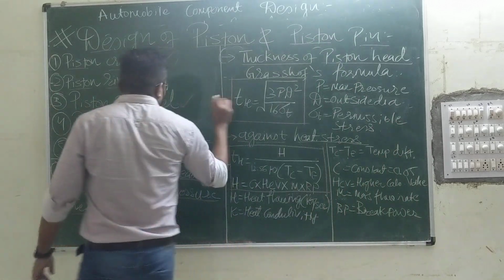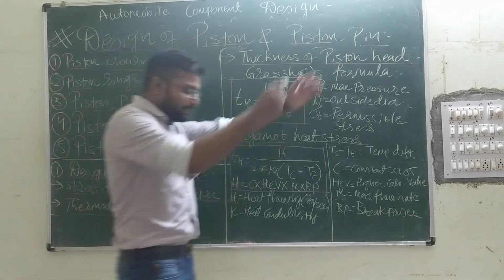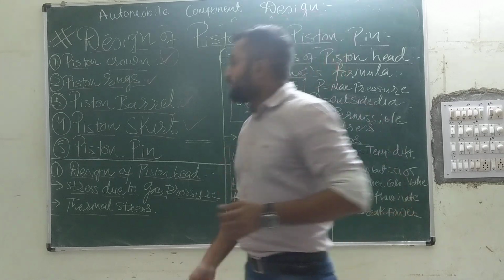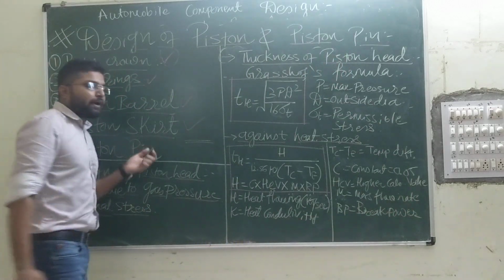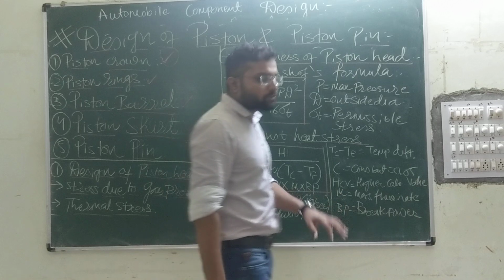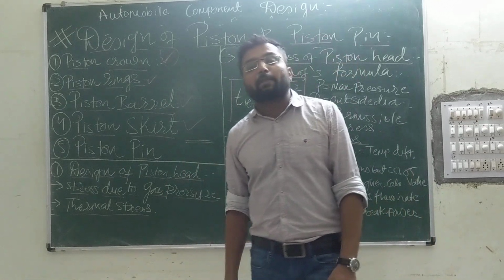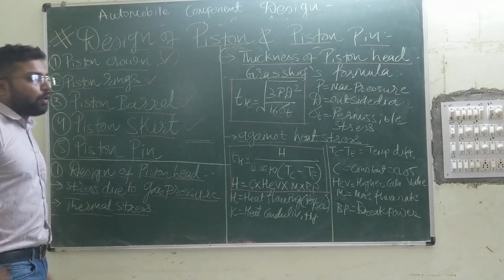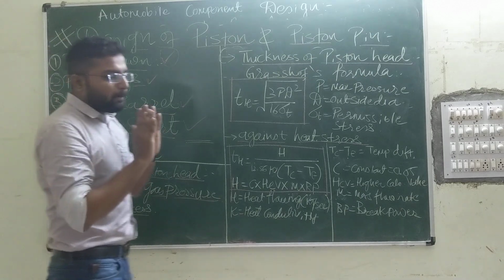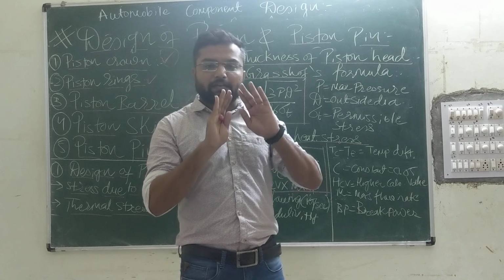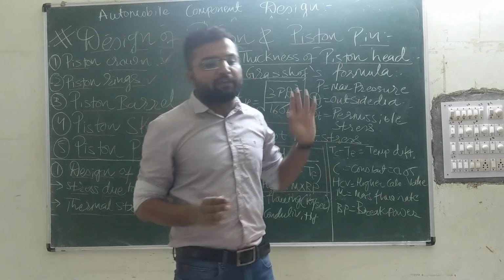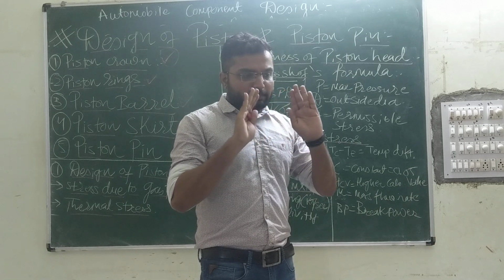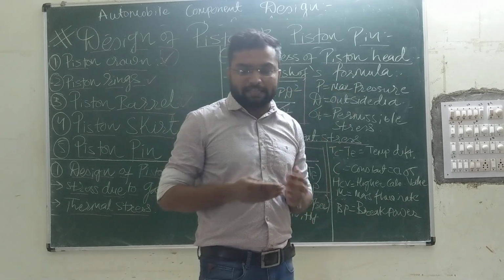This piston skirt is a supportive element, or you can say the portion after the ring section. It is called a piston skirt. Clear? So this piston skirt will provide support to our piston against those forces, which is the bearing pressure, and this piston skirt length also decides the length. I will get into the different specifications while we are designing that, but the piston skirt will come across bearing pressure throughout its surface length.